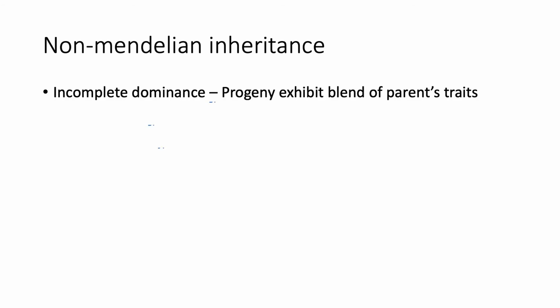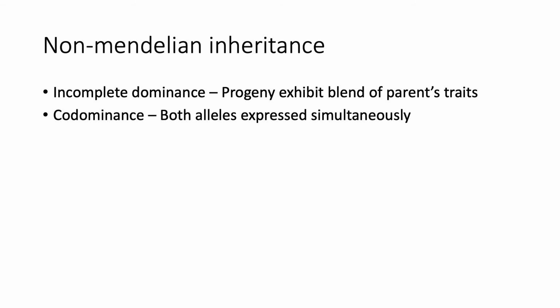So when we were going over Mendel's three laws of inheritance, I mentioned that there were some exceptions, and these are called non-Mendelian inheritance. The first type is called incomplete dominance, which is basically when progeny exhibits a blend of both parents' alleles. An example of this is a type of flower called snapdragons. They have a color gene with two alleles, which are red and white, but neither are really dominant. So when you've got a heterozygous snapdragon with the phenotype RW, it actually has pink flowers, which is a mix of red and white.